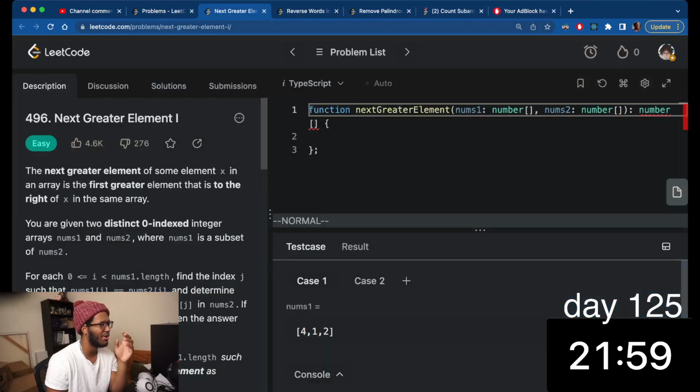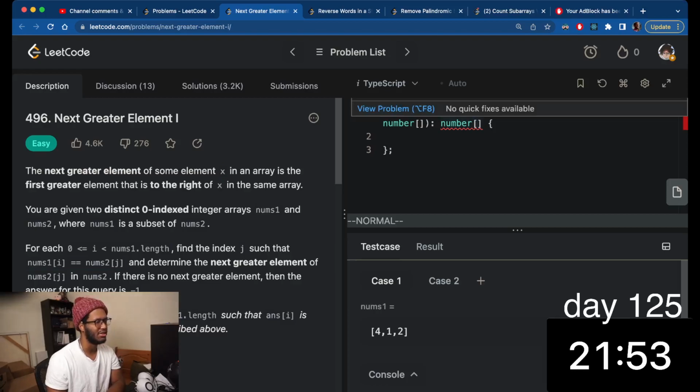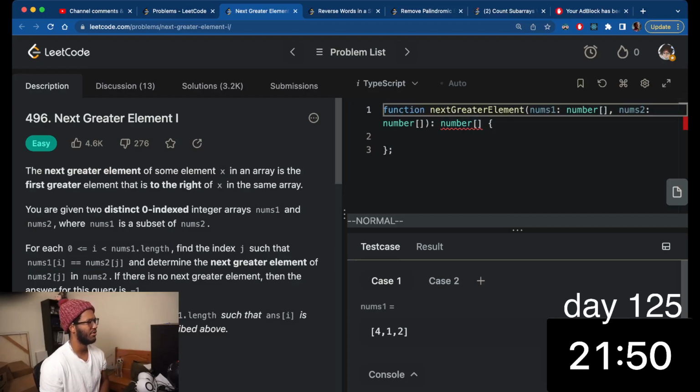Yeah, I think I just wanted to extract more out of the problem by visualizing it, but that is unfortunate. So we will try this one. The next greater element of some element x in an array